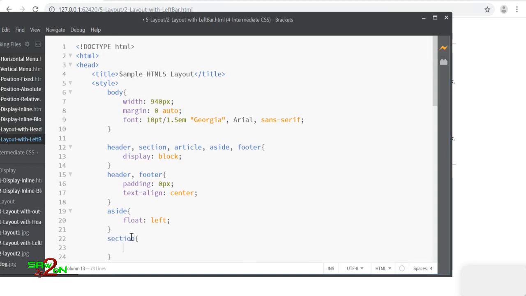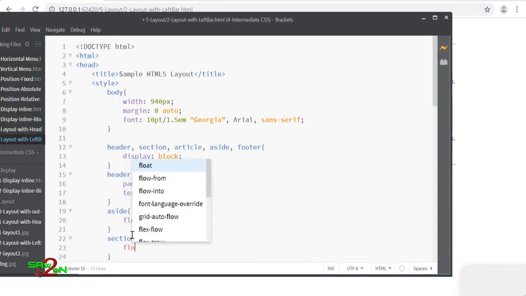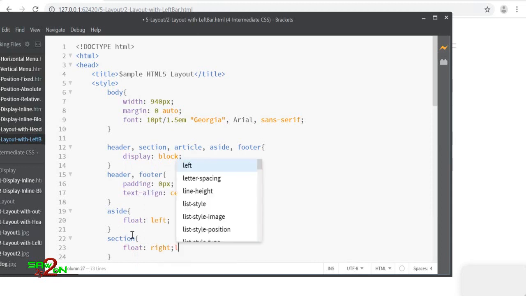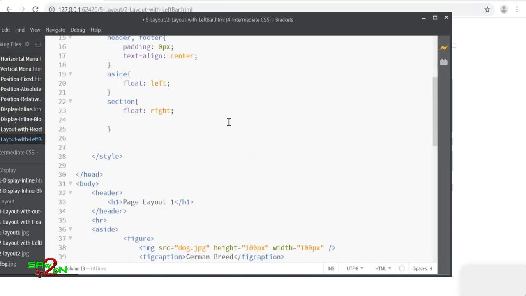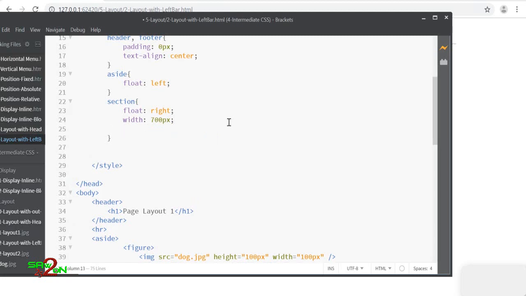You have section and we'll say float right, just in case they are not floating onto the right, you can make sure the sections are floating onto the right. And they have their own width of 700px. Okay, and you want to have a padding to the left so that the left sidebar and the content don't attach to themselves, so you're adding some space there.